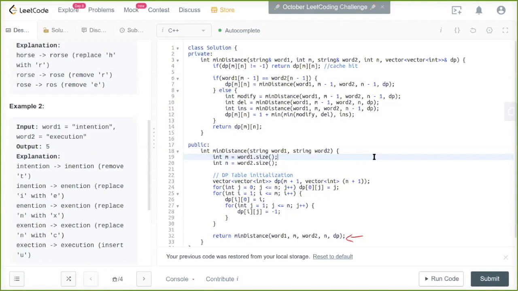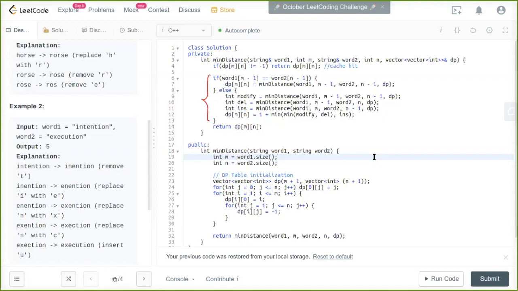This is a recursive helper function, and it's going to work along similar lines as the backtracking solution. The only difference here is if the problem is already solved, I'm going to directly return from the table. If that entry is not -1, that means it must have already been solved, because -1 is the initial value. If it is not solved, I'm going to do this here, except I don't have to handle the base case because it's already initialized. I'm just looking for the recurrence here.